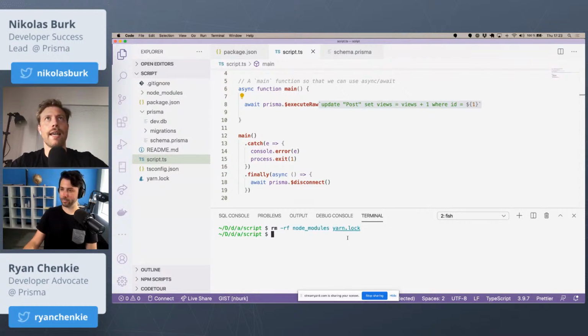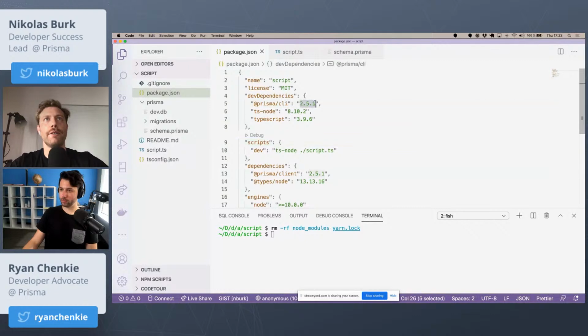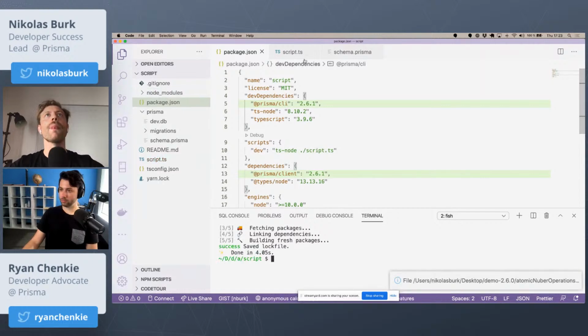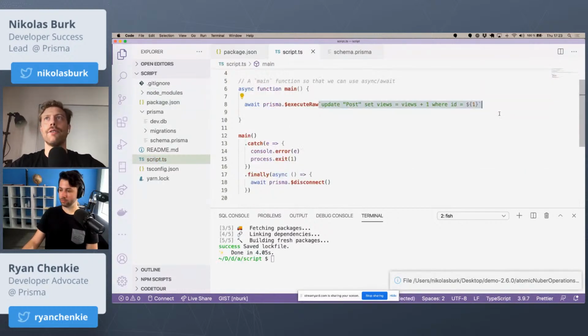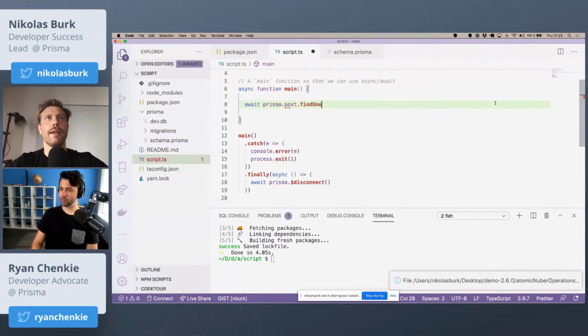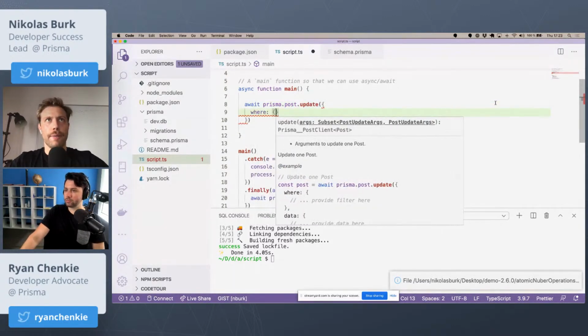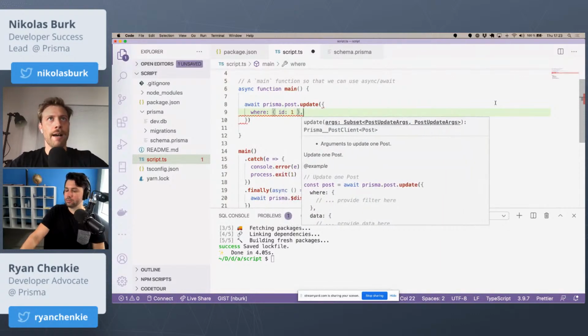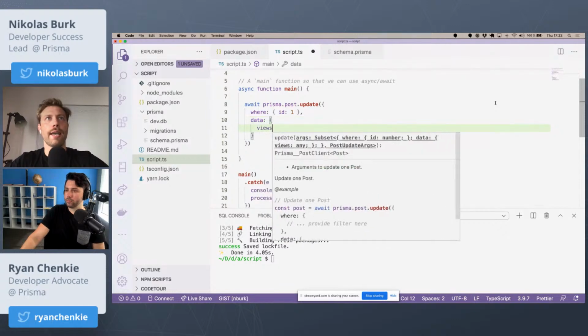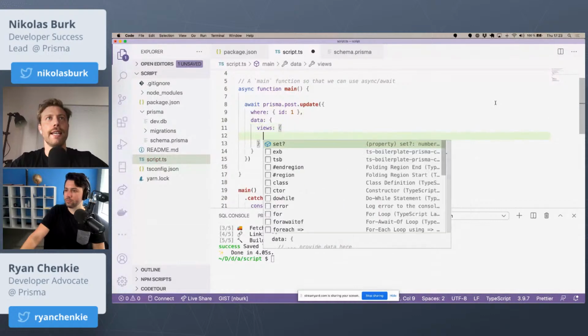I'm going to update again my version of Prisma to the latest one, reinstall dependencies and regenerate Prisma client. And go back into the script and let's see how I can now achieve the same with the new atomic number operations. Prisma.post.update. Specify which post I want to update. There's just a single one with ID 1. And now I can select the views property, and because views is an integer,